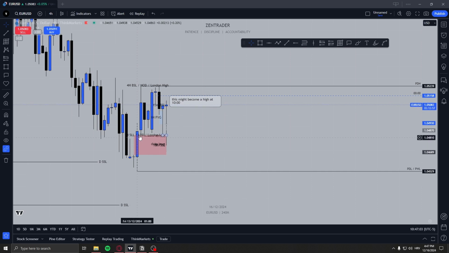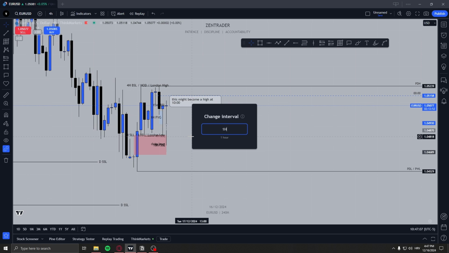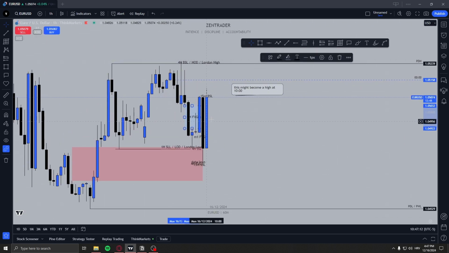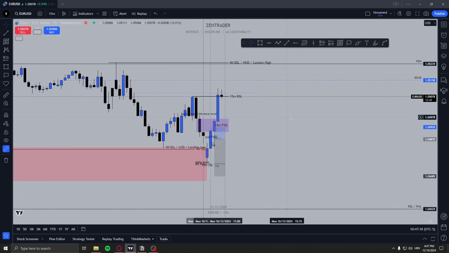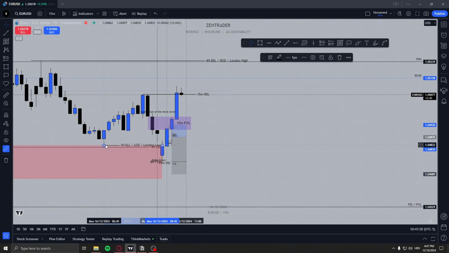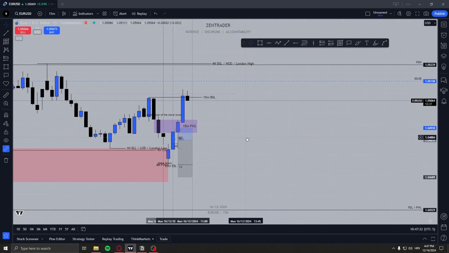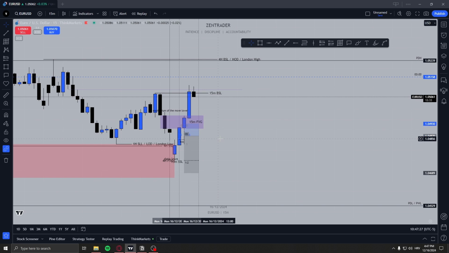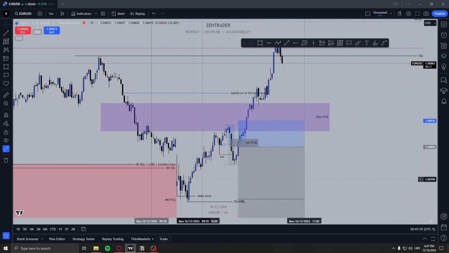Now here we had this fair value gap and a swing low right here. So this fair value gap wasn't very impactful. As you can see, price isn't very good. But anyway, we dropped to the 15 and we can see that this is a 1 hour sell liquidity, low of the day and London low, and this is a 4 hour fair value gap. So when we dropped into it, I was looking for a buy with this small fair value gap, but price did not deliver that.